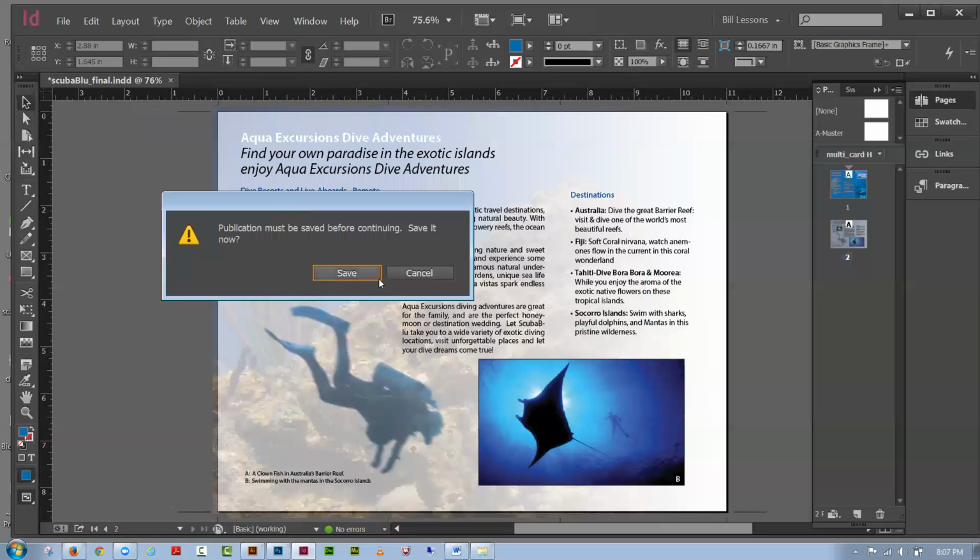And what now is going to happen very quickly, a folder is going to be created. And inside that folder, this publication is now going to be saved. And 2 other folders are going to be created along with it. One of the folders will contain all the images, all the linked graphics that go in this project, and the other is going to have all of your fonts. So it's going to grab the fonts, put them in the folder, it's going to grab the images, put them in the folder, and create links to them all within that folder. That's what the package is all about. So that's why when it says here, publication must be saved, that's what it's doing. We hit save,